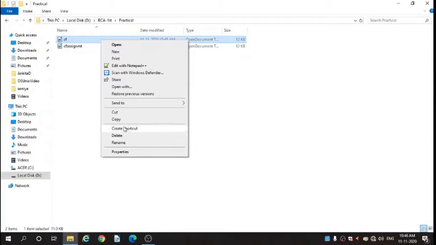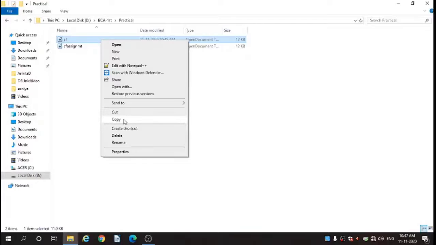So you can cut this. If you want a copy of the same file, you can copy this file, or if you want to cut this file and then paste it in the subject folder. If you don't want this file in the practical folder, then you can cut this file and then paste it in the subject folder.